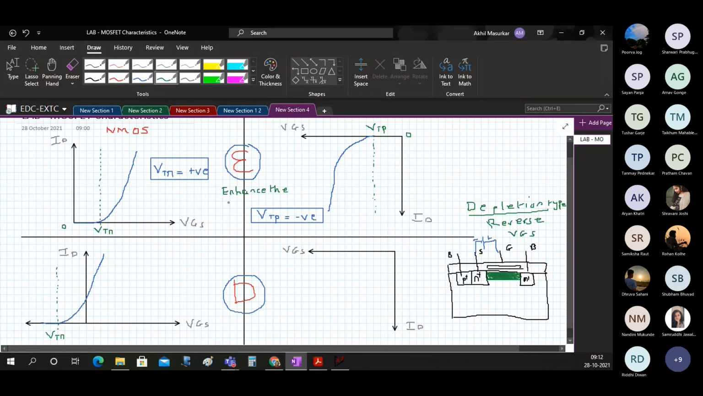Enhance the conductivity of the channel. And here you are reducing the conductivity of the channel by depleting the charges. Deplete the channel. Okay. So this is our